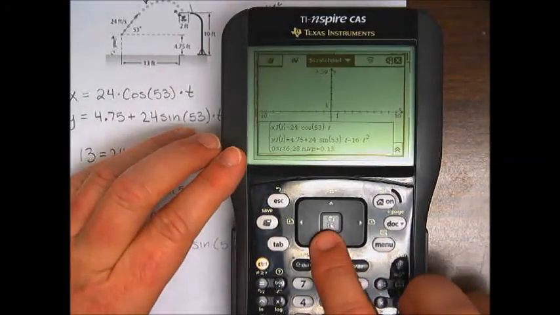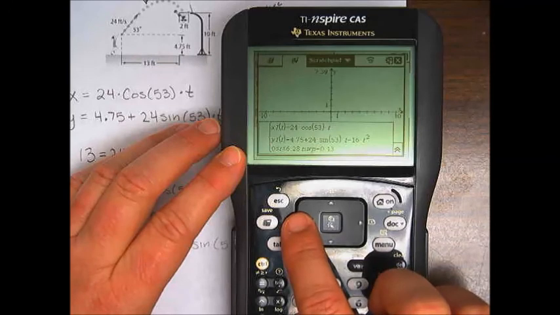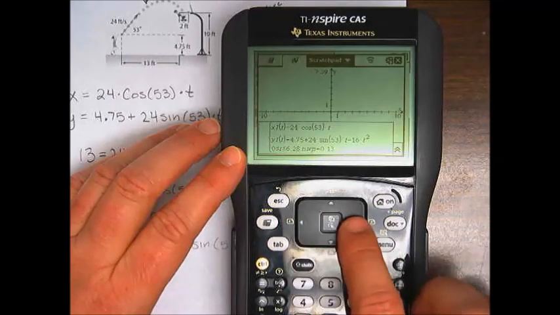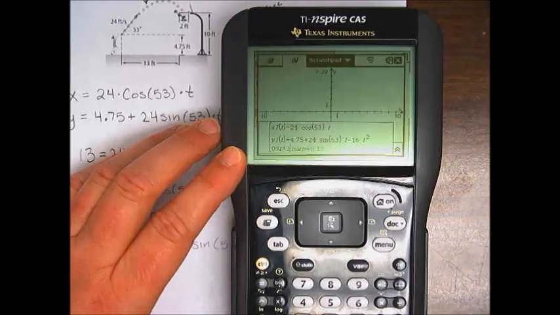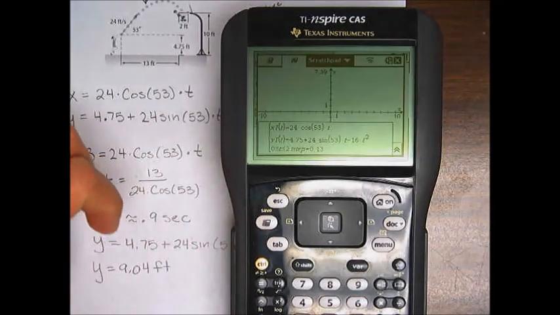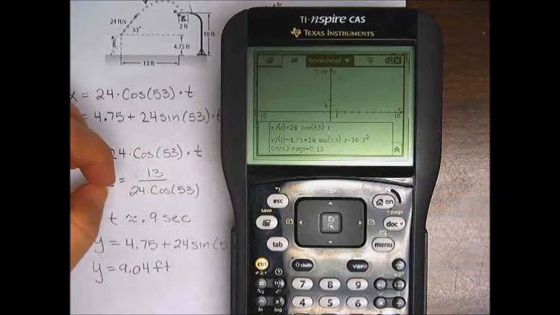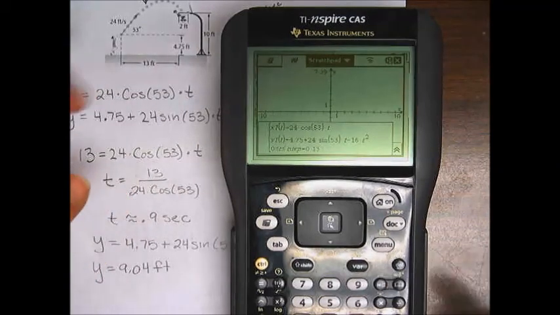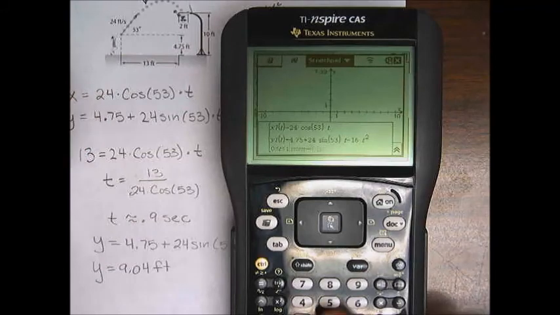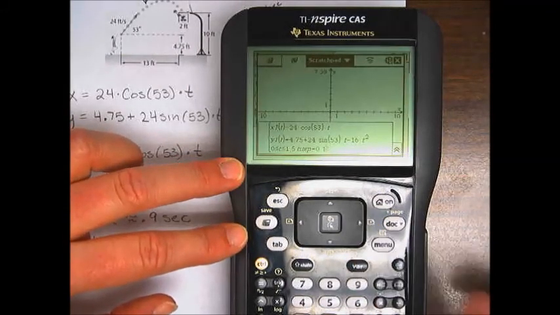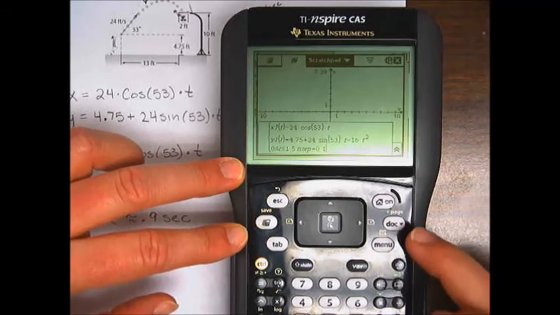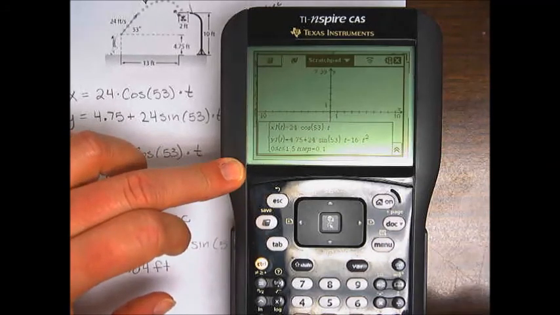My Tmin and Tmax is the time that the ball's in the air. So we know that the ball at 0.9 seconds has traveled the 13 feet. So I really don't need to go much over 1 second. So let's go 1.5 seconds. And again, I'm going to use the default t-step of 0.1. So if I graph this,